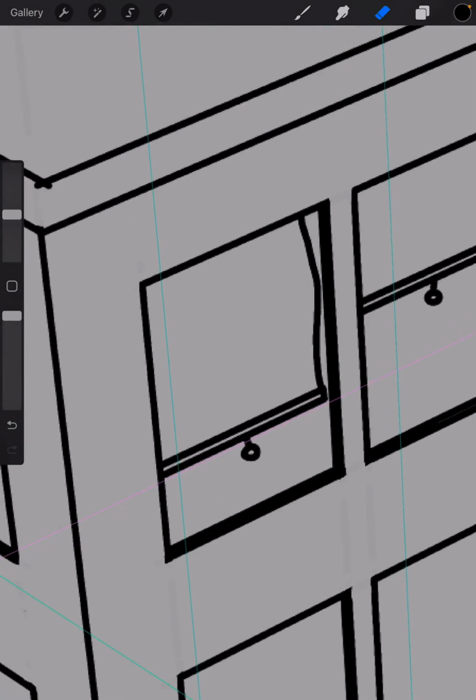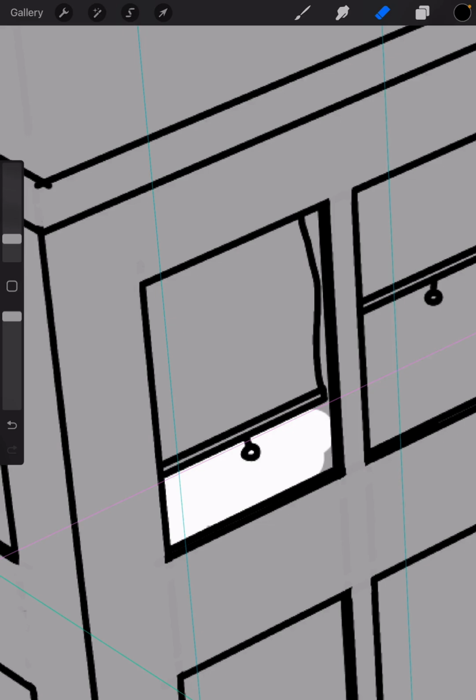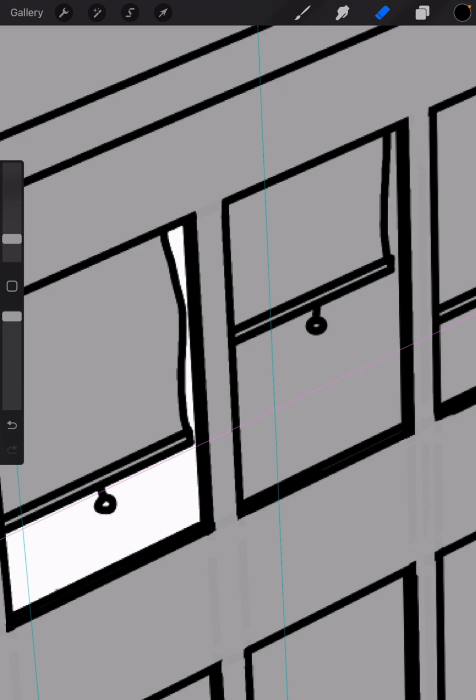So I want my opacity to be up to 100%, and I am erasing out anywhere I want to have the lights on in the city. And so this is fun. Some windows can have lights on, some windows can have lights off. And so when we turn this into, after we print this out, we're going to have light shining through this paper, and we're kind of simulating how this is going to look once it's printed out with that light shining through it. So I'm going to use my eraser as big as I can,